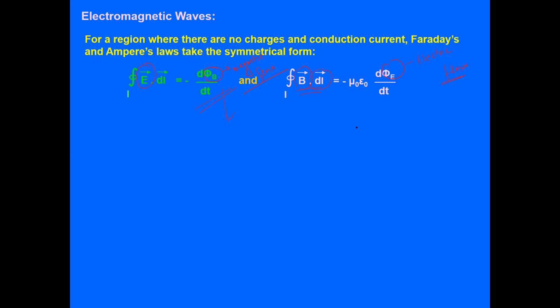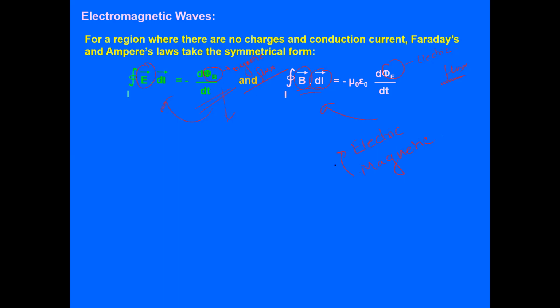That means the change in electric flux gives us some magnetic field. Similarly, change in magnetic flux produces EMF or electric field. That means electric field and magnetic field